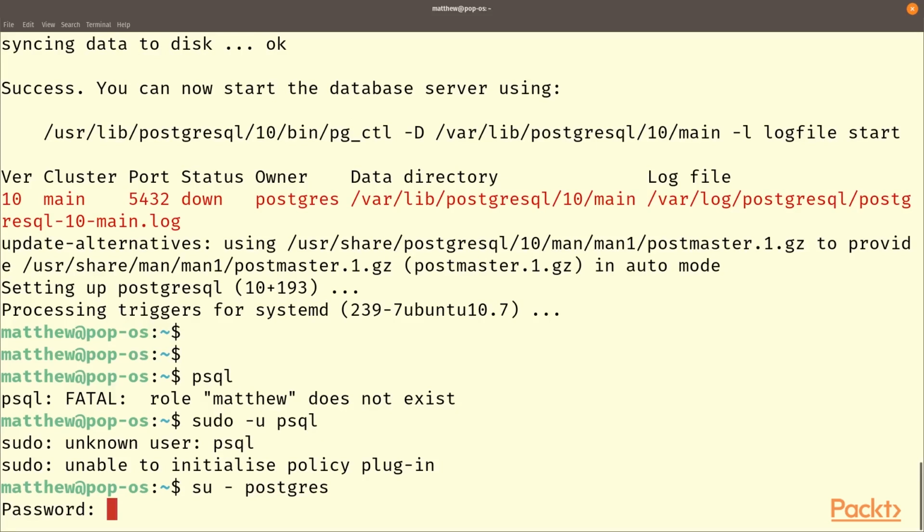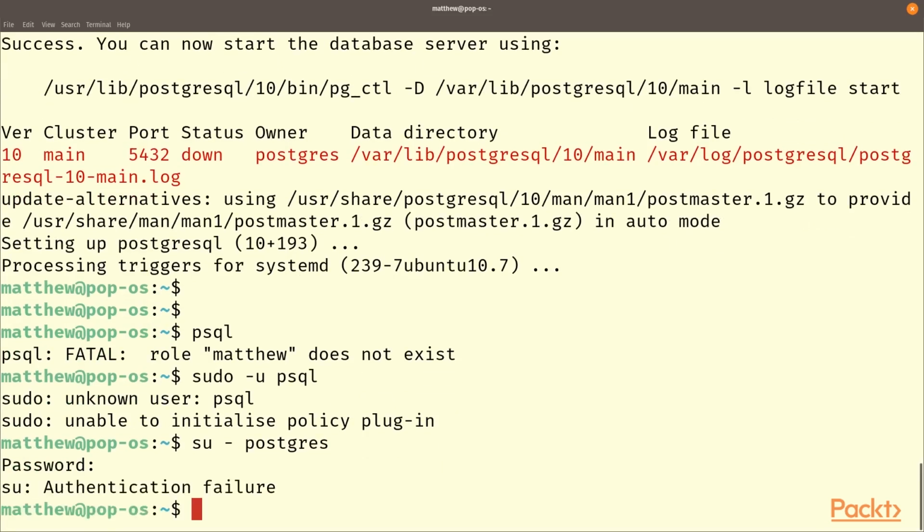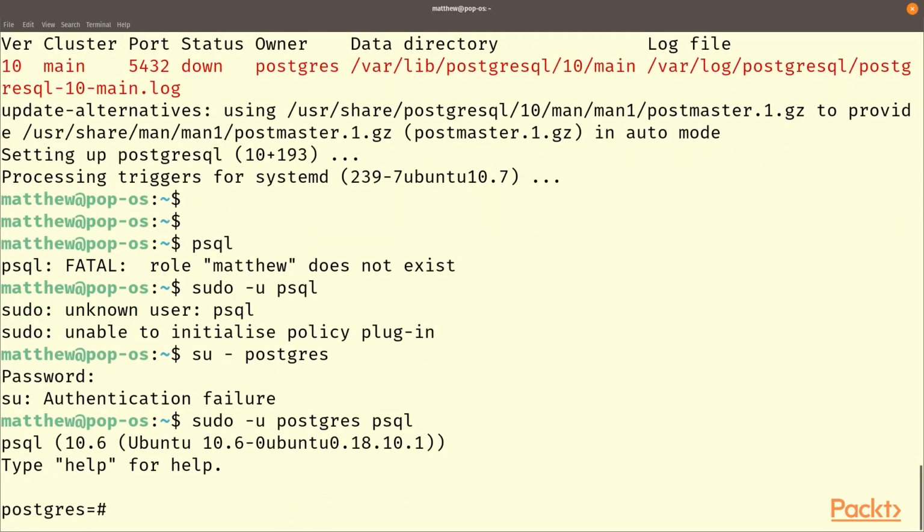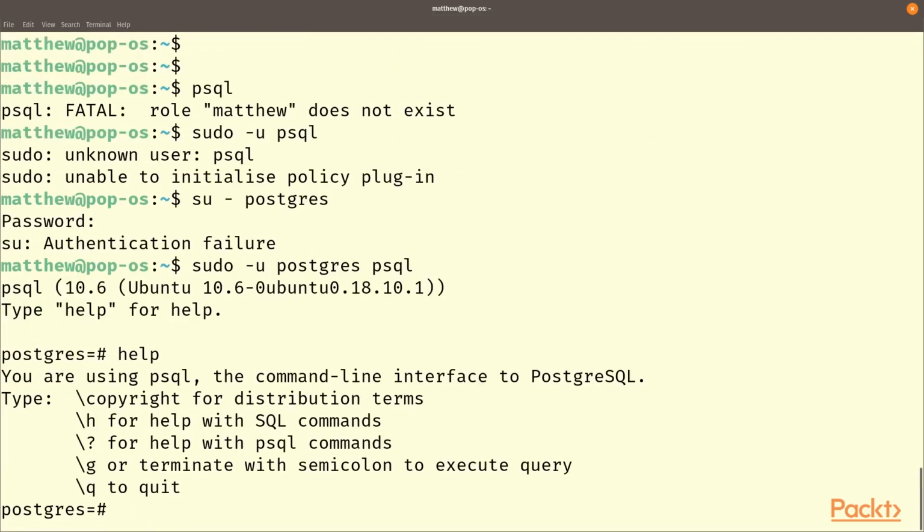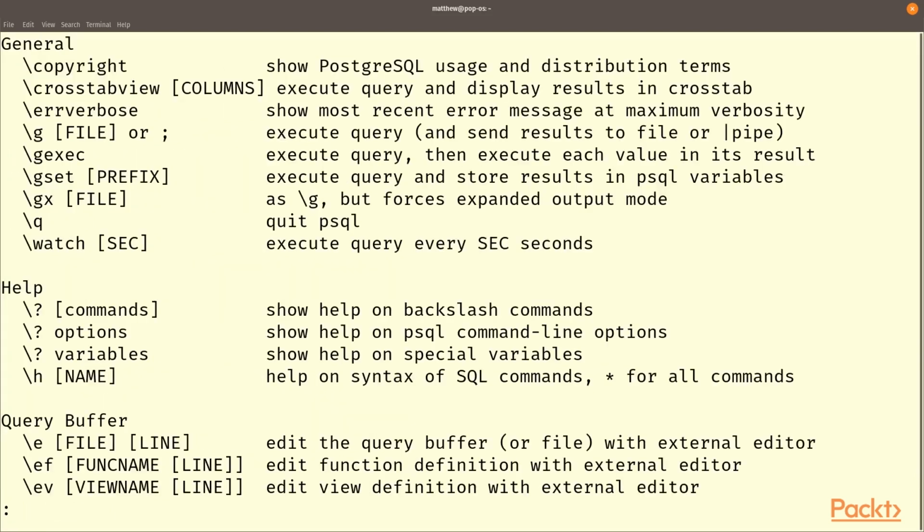that role inside psql. Now, PostgreSQL has a role called postgres, which is basically its admin, and it creates that role when it's started. So to log in as that, we can use sudo -u to change our user to postgres, and then run the program psql. From here, you can see some help options by typing help, or you can get extra information by typing \ and then any of these options here, and they will bring up